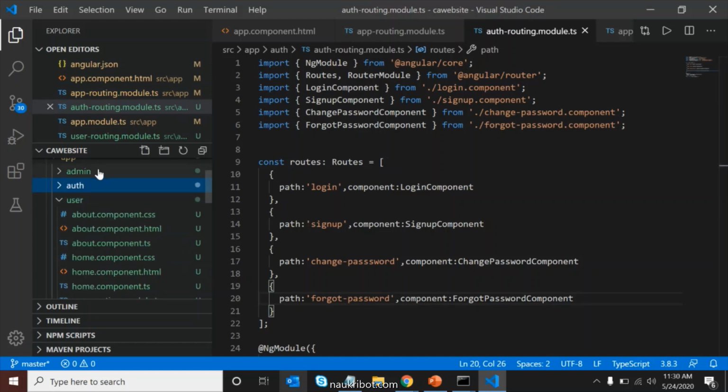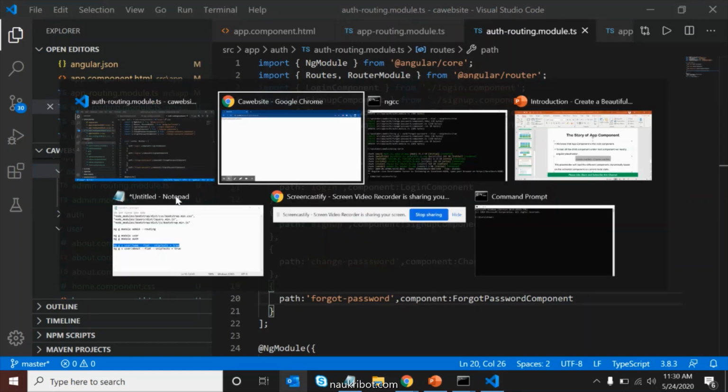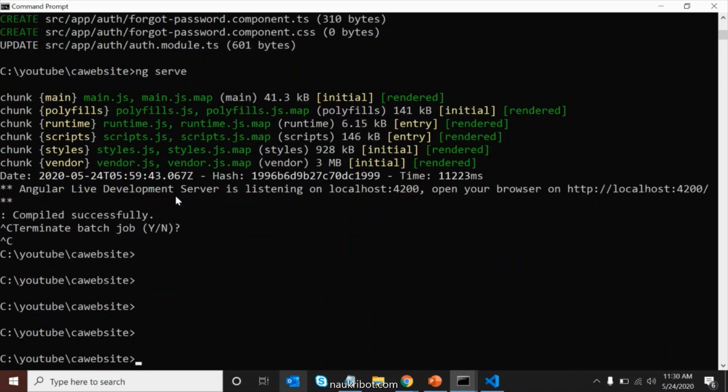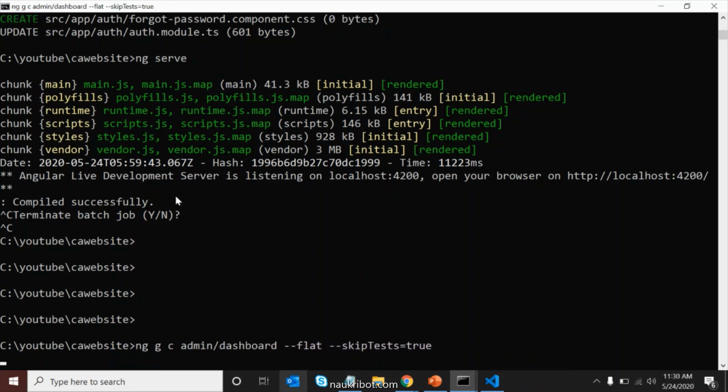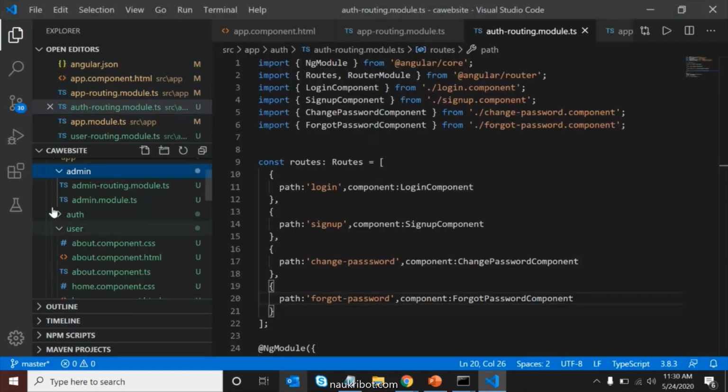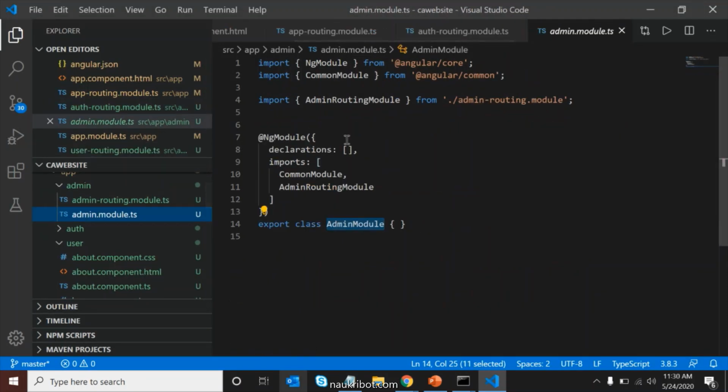Now I want to create the routing for admin. For admin, I will just create one thing for now, a dashboard. We will create more slowly when we start developing this. So we need a dashboard component. I'll just press enter, and in the admin routing, I will define the dashboard path.